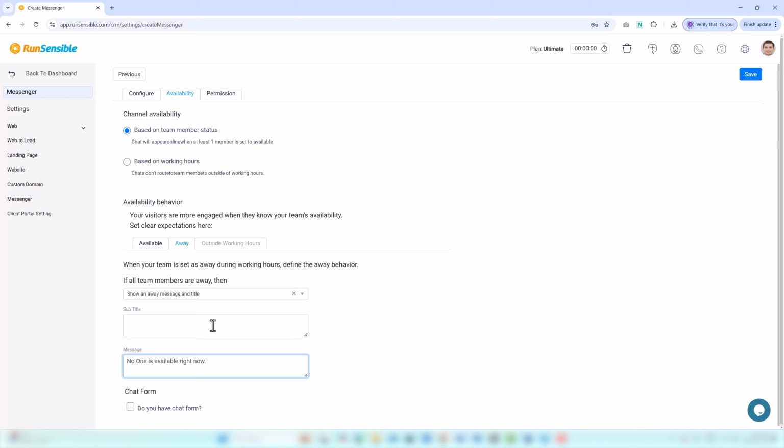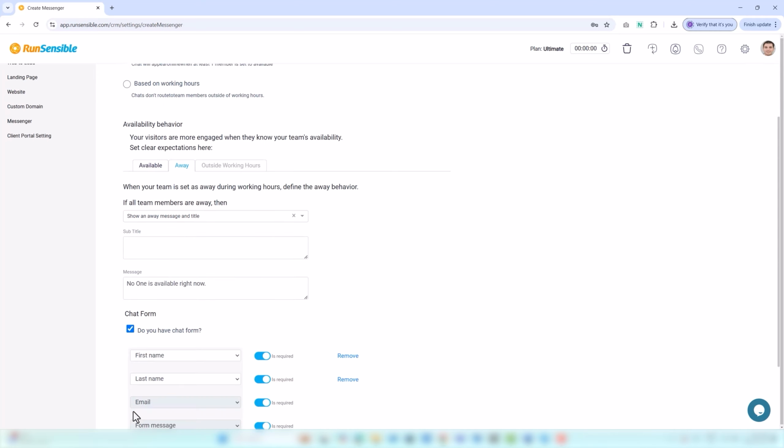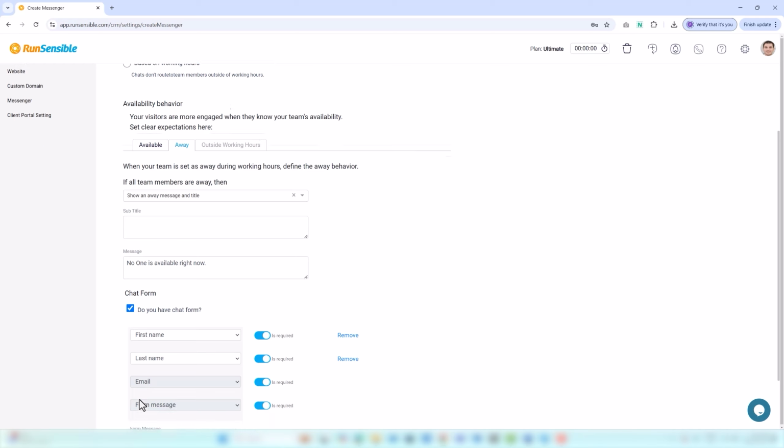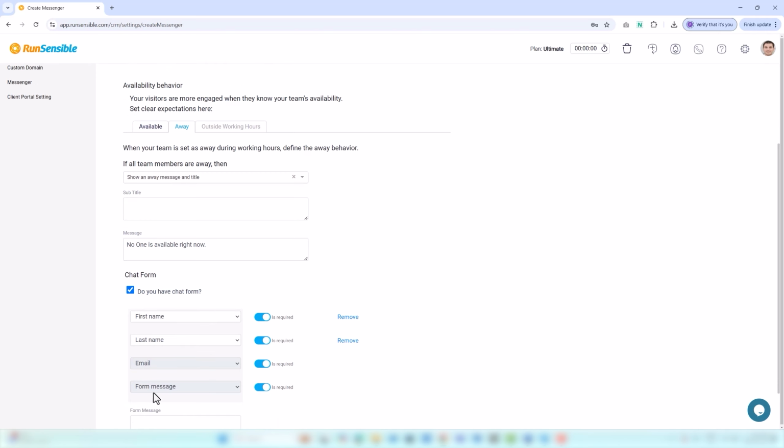In addition, you can include a form that appears when all team members are offline. This means that if nobody from your team is available to assist, a form will be displayed for you to fill out. The purpose of the form is to gather information about any query or requests so that it can be addressed later when team members are back online. It's a helpful feature that ensures you can still communicate your needs even when there's no one immediately available to